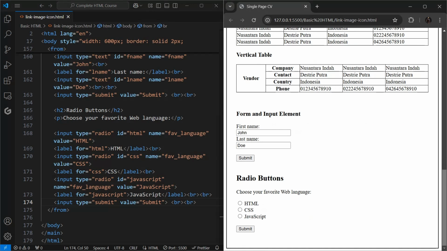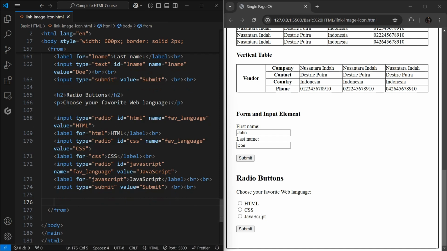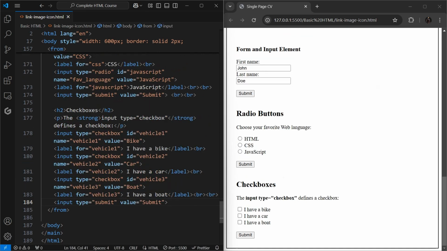In essence, this code snippet presents the user with three options: HTML, CSS, and JavaScript. The user can select only one of these options as their favorite language. This is a common way to create a set of mutually exclusive options in an HTML form. While this example demonstrates the use of checkboxes in HTML,